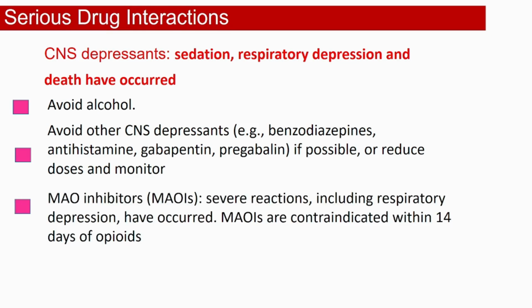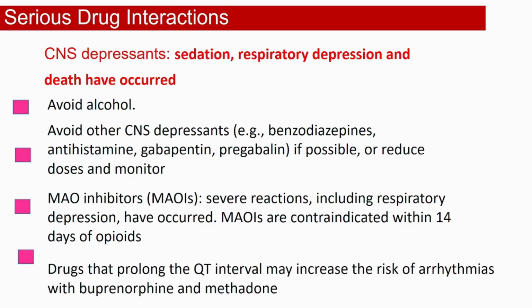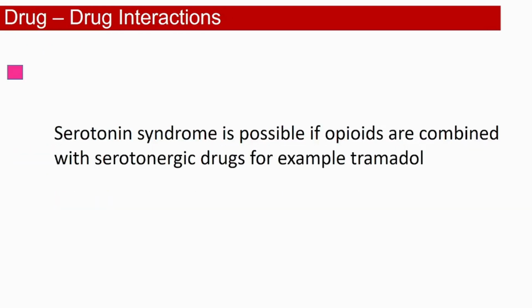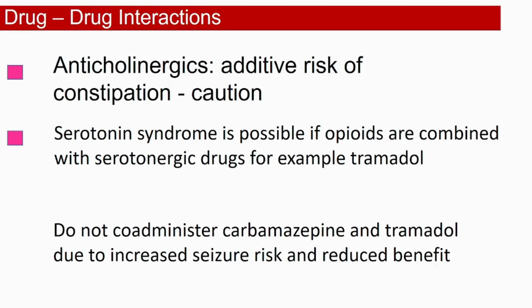MAO inhibitors have to be avoided for 14 days with the opiates, and then also, especially for drugs such as methadone, buprenorphine, that can result in QT prolongation. Drugs with a high QT prolongation require precaution when combining these drugs. Also, anticholinergic drugs can cause constipation, which can cause additive risk. Serotonin syndrome is possible if combined with